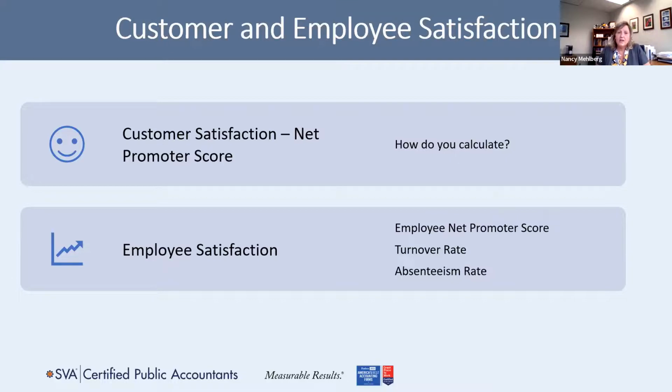And then, believe it or not, anybody from a 1 to a 6 is going to be considered a detractor. And what you do is you add up and you subtract your 7s and 8s from your 9s and 10s to get your score. It's important that everybody knows what that is.